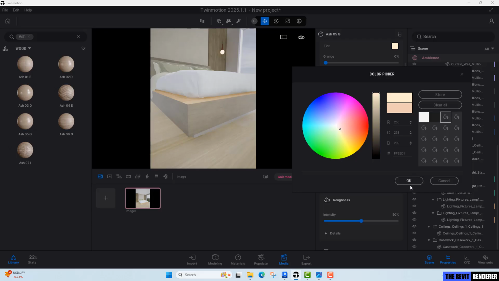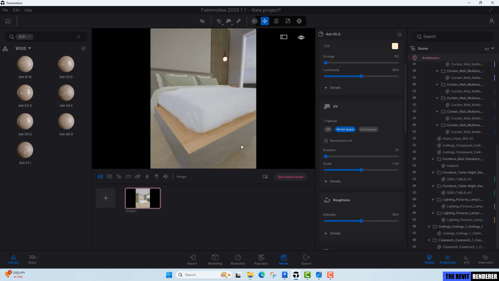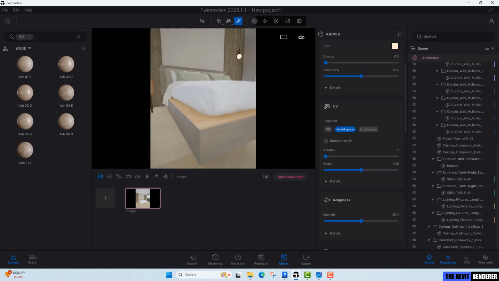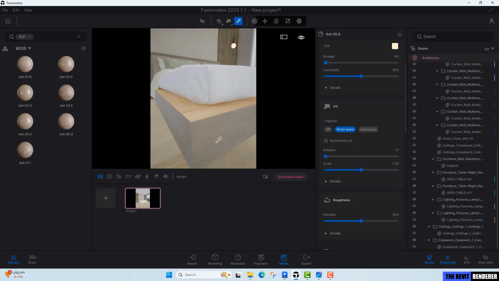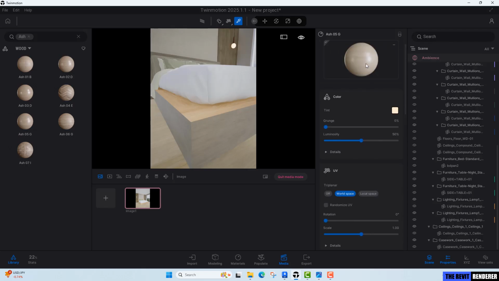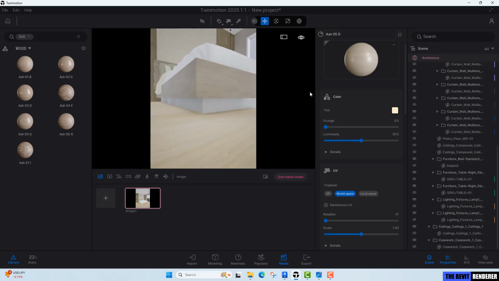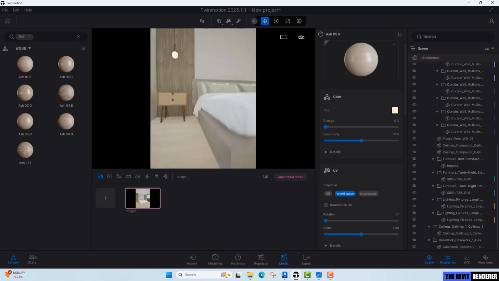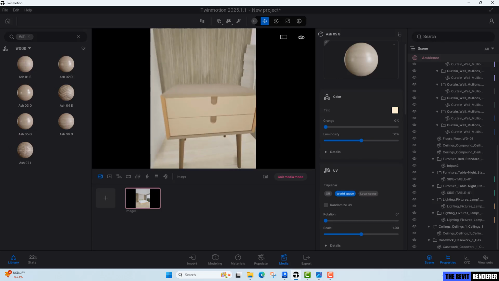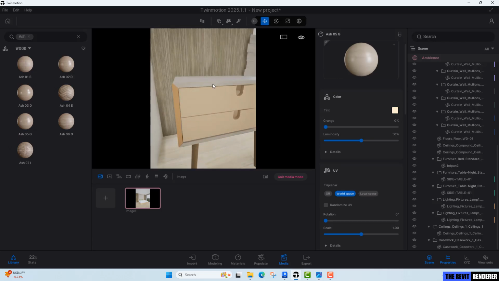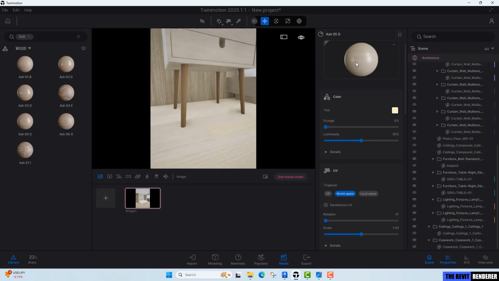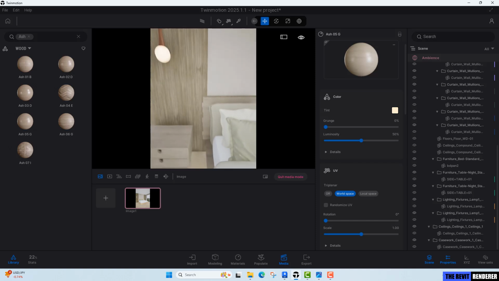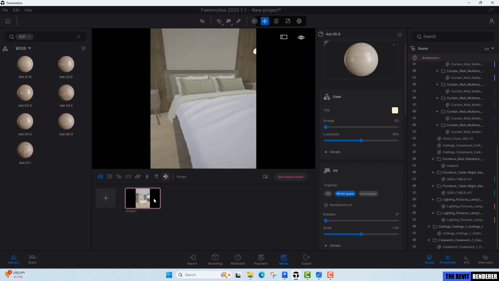Yeah, around here. Okay. So you can use whatever material you want, but if you want to follow along, you can always do so. So I'm just gonna apply the same material to the rest of the bed frame, even to the base here, and even for this nightstand. Even for the legs. Okay. Let me just go back to our